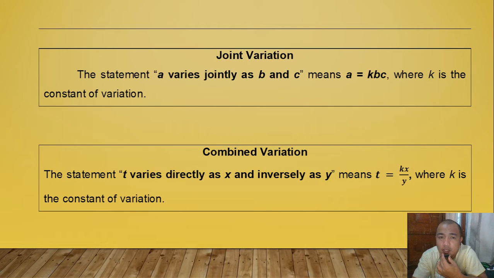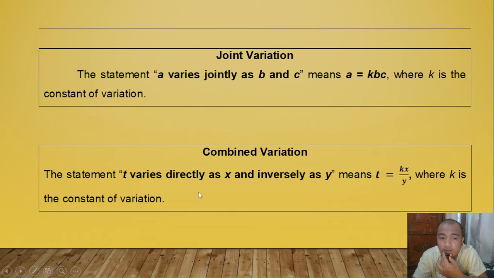Okay, so for joint variation, it's just like direct variation, only it involves a third or fourth variable. So the statement A varies jointly as B and C means A equals k times B times C, where k is the constant of variation. B and C means product, not addition. So that's the caution for joint variation. And combined variation is just a combination of direct, inverse, or even joint variation. So the statement T varies directly as x, inversely as y means T equals kx over y, where k is